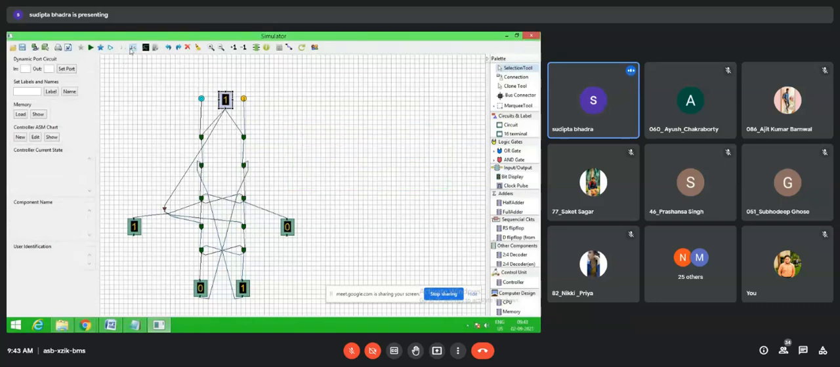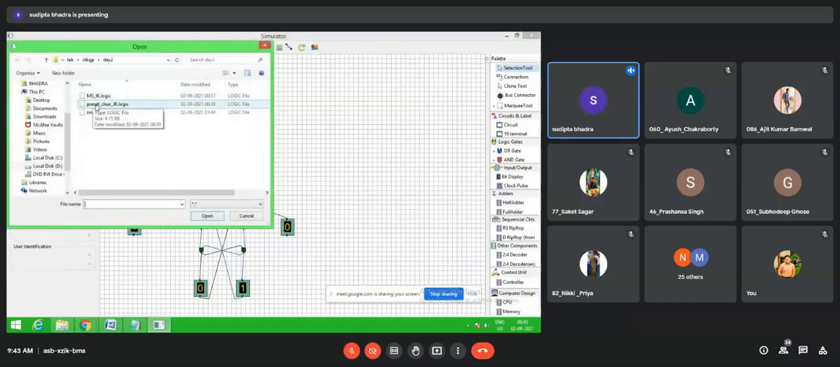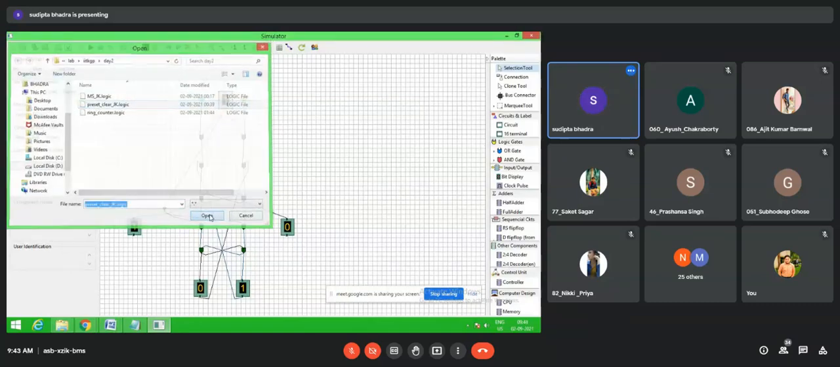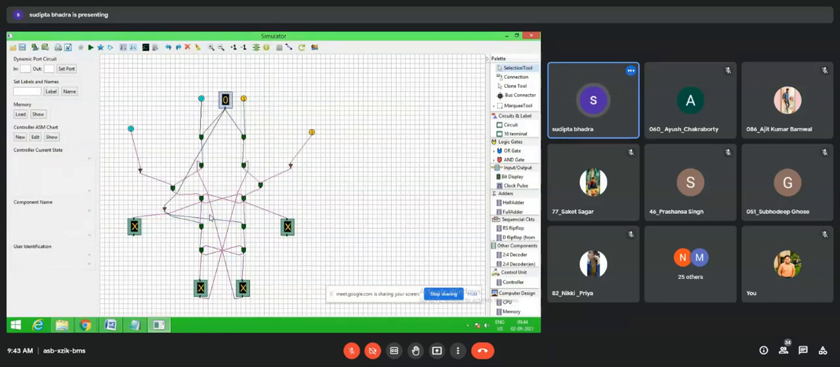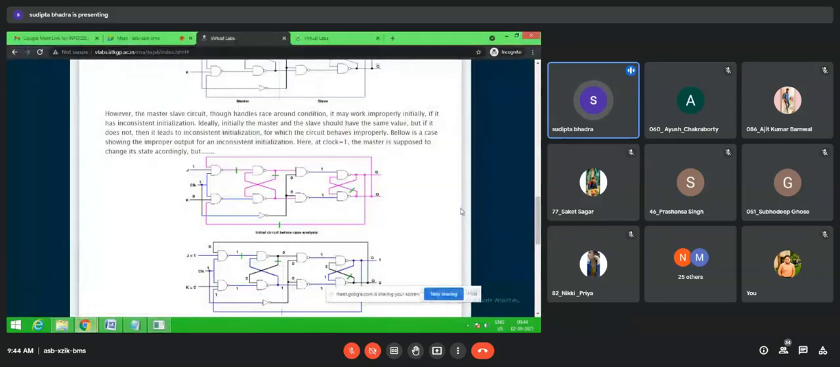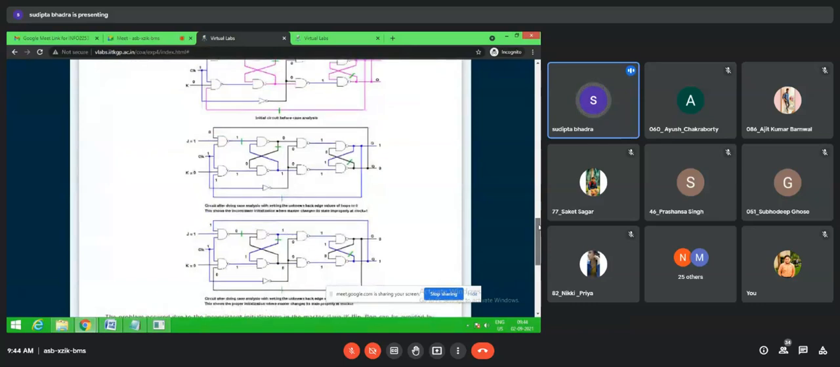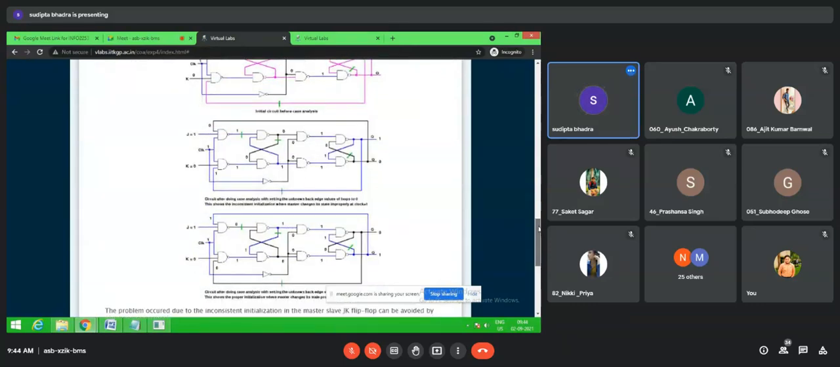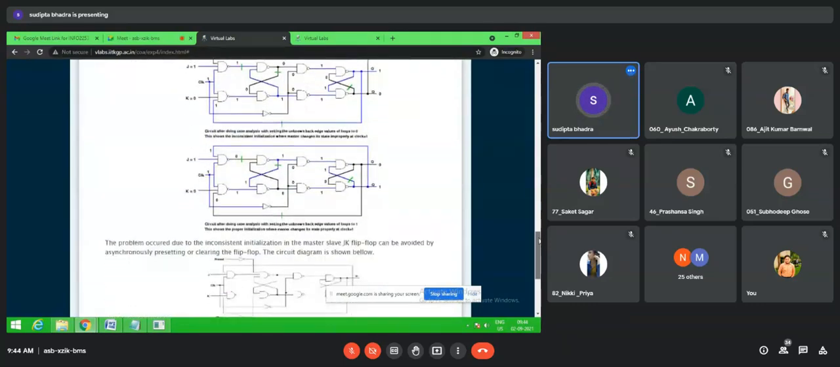Now if I use a preset and clear, then the circuit will be like this. Here you can see that preset and clear are given. Now these are inverse, so I have to use a NOT gate. Now again you see that if I use the preset and clear, then the first level NAND gate of the slave JK